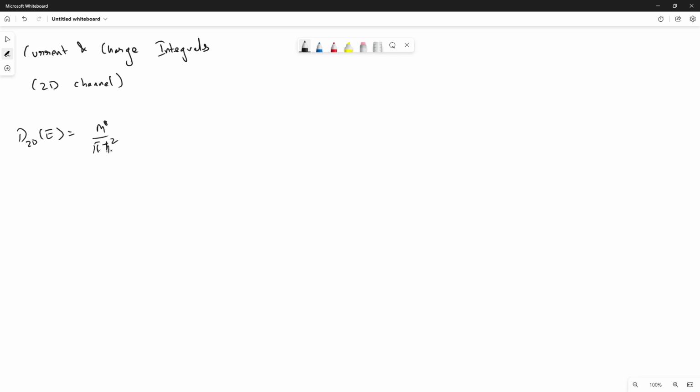Am I correct in writing this? Yes, sir. All right. So this is independent of the energy. Remember these expressions. These will come in handy. There, E raised to the power zero means it's constant. Yes. So that is also, let us write it here. So it is independent of energy,